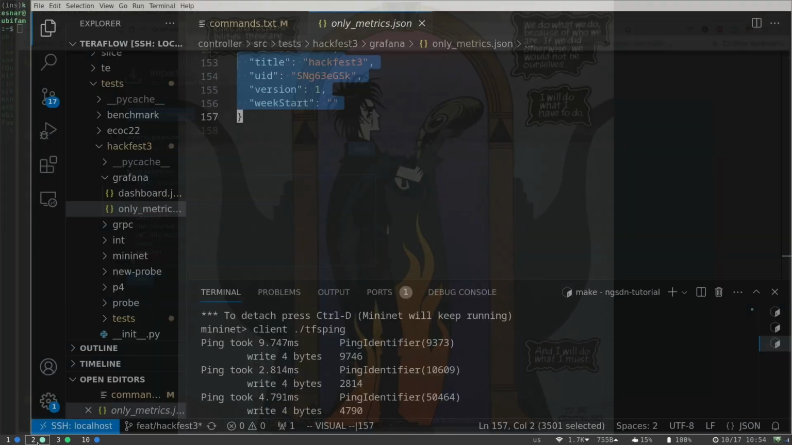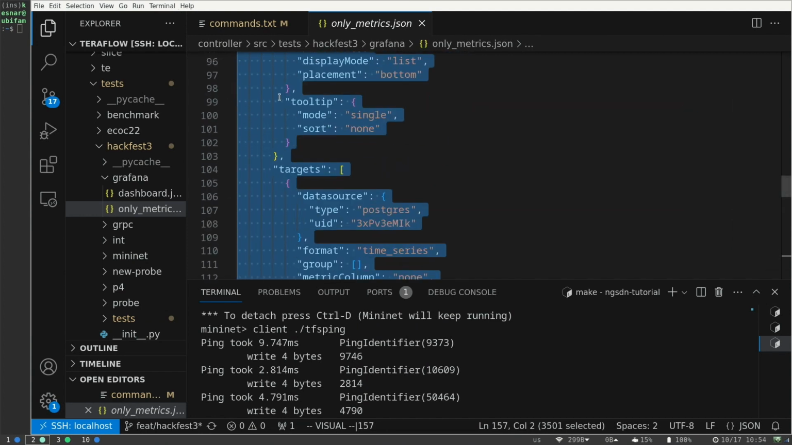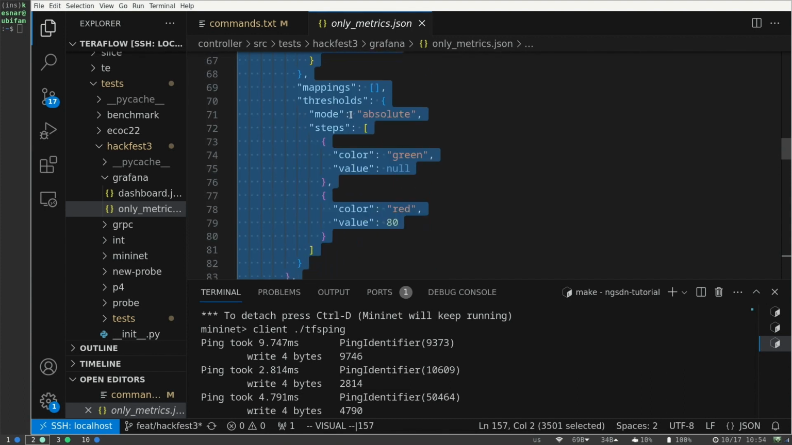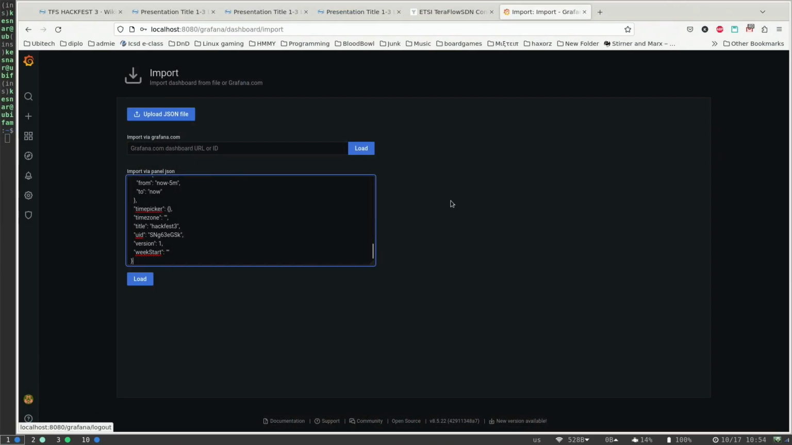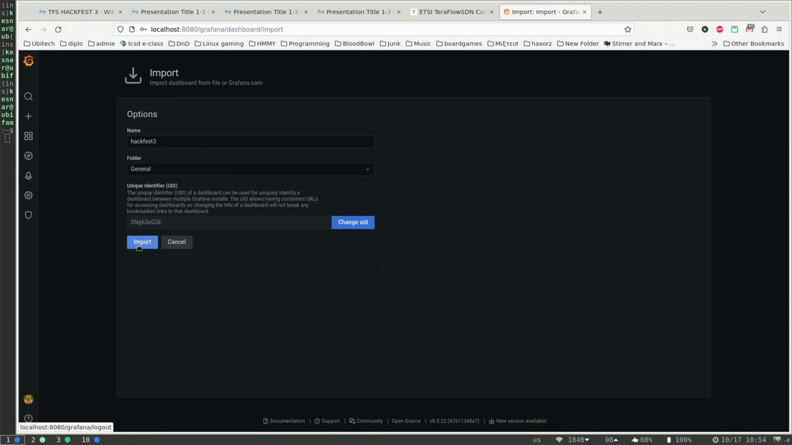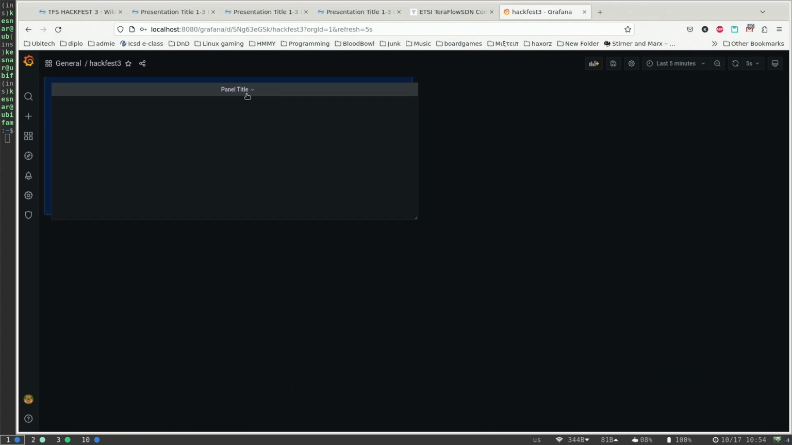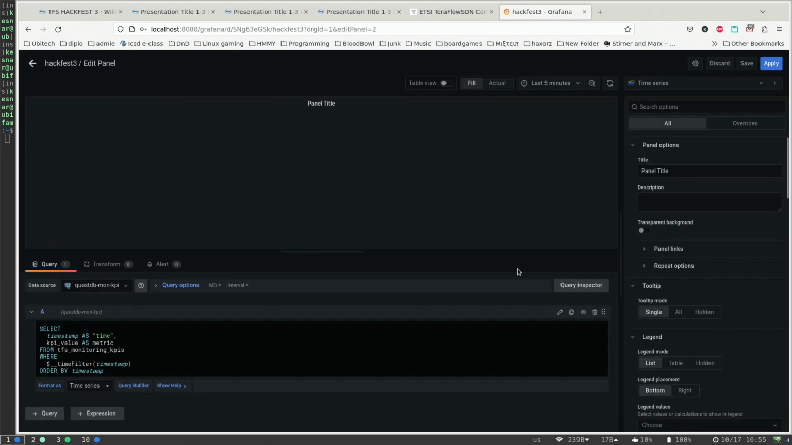So let me go over that again. We have this file, controller, SRC, tests, Hackfest 3, Grafana, only metrics.json. We just copy the contents to this import in Grafana. Are we okay? Good. And we just load it. Import. Again, this happens. Okay. Do you see something here, or do you see just blank? Blank, right? Okay, in that case, edit, take this code,